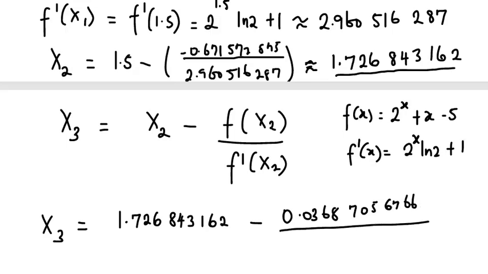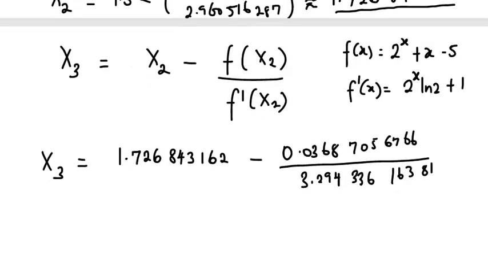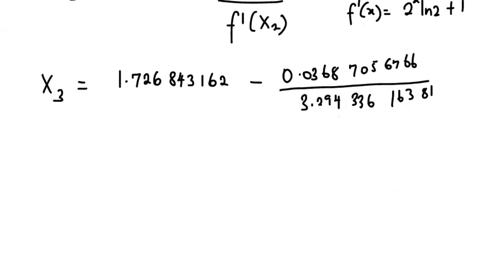So divided by f prime of x of 2, so that one there is 3.29433616381. Okay, so with the help of my calculator, x subscript 3 is approximately equal to